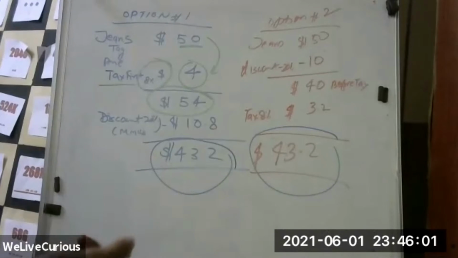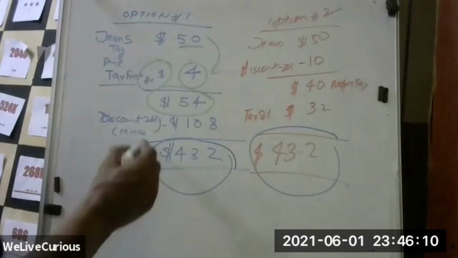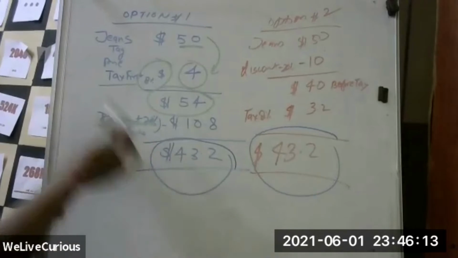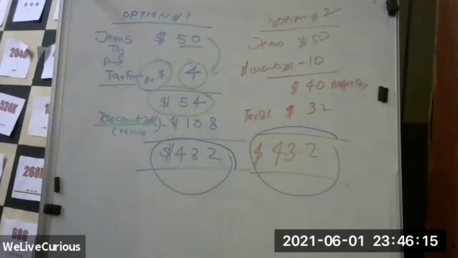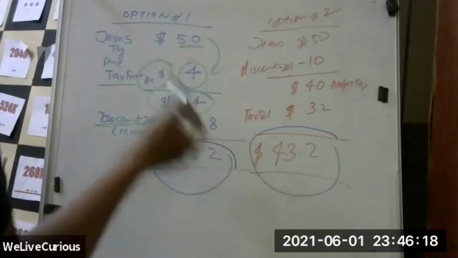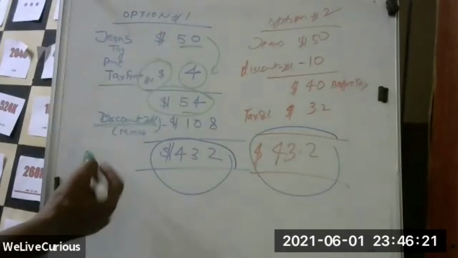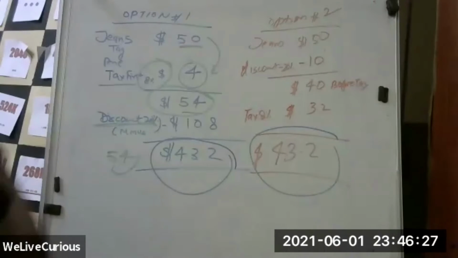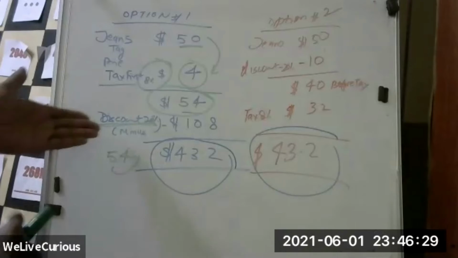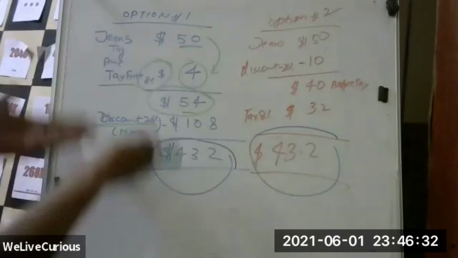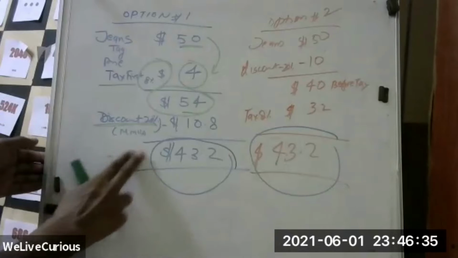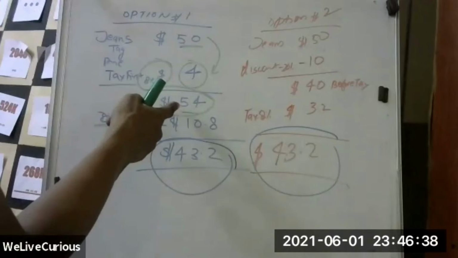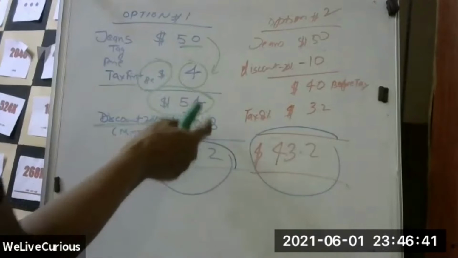Okay. Now next, if it is $54, then you get the discount. So you get a discount of 20%. How do you calculate the 20% discount? Very simple. If it is 54, you very well know what 10% of 54 is: 5.4. Double it, it is 20%. So in order to calculate 20%, there are two ways to approach it. Make 10% and double it, or use the fraction 1/5. Okay, we choose to double it. 10% of this is 5.4. We double it. 5 doubled is 10. 4 doubled is 8.